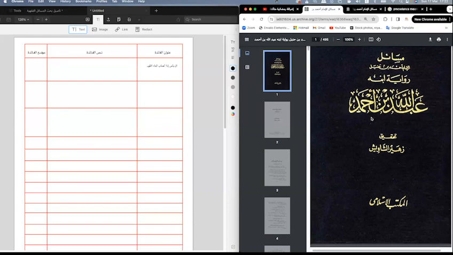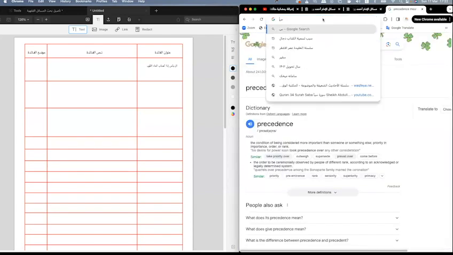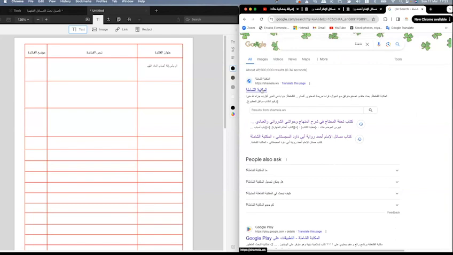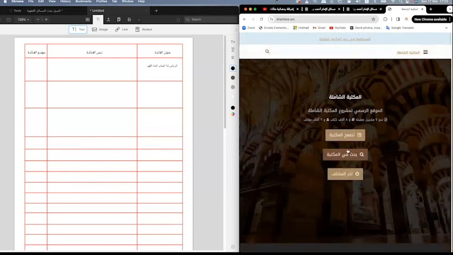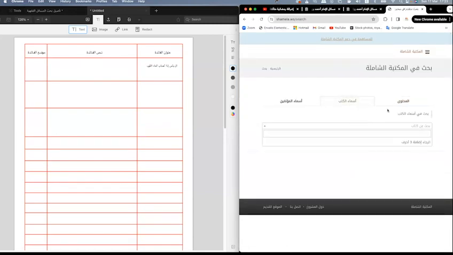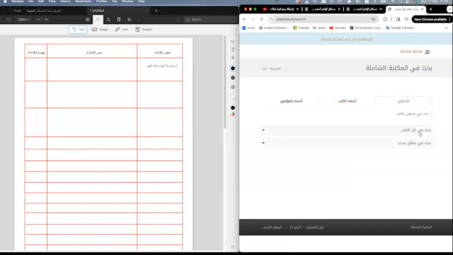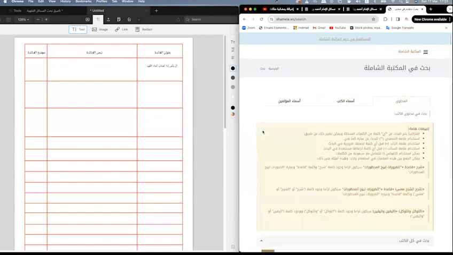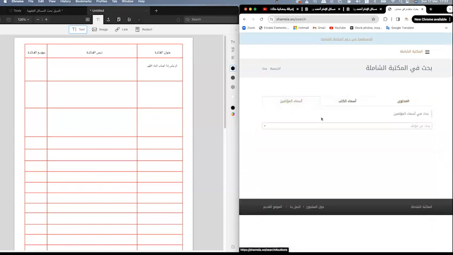You can go on Shamila and find the book there. Yes, there's Maktabat al-Shamila. So the book you want to look for, for example, a Sharh of Sahih Muslim. You search in the books, the names of the books, and you can find the contents, what it entails, and it tells you how to do it. You can also find it by the name of the mu'allif, Ibn Abd al-Barr, Ibn al-Qayyim, and then find his book there. And the good thing about this is that, for example, we say